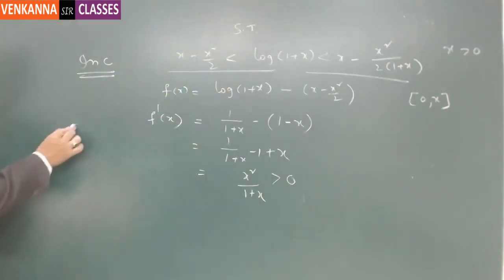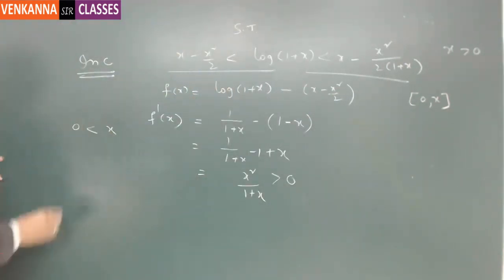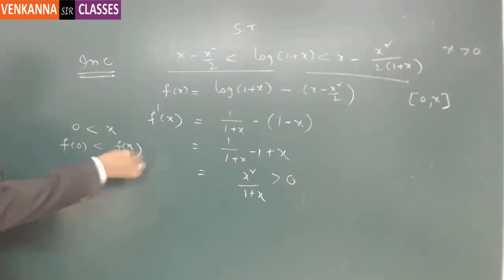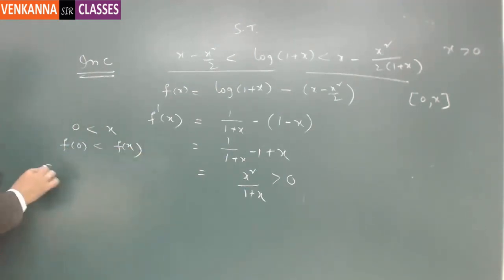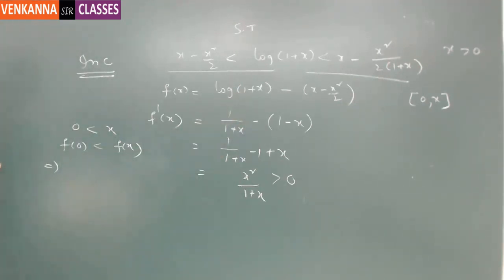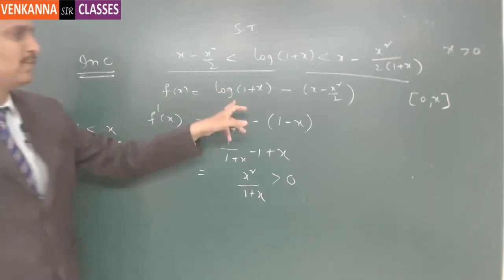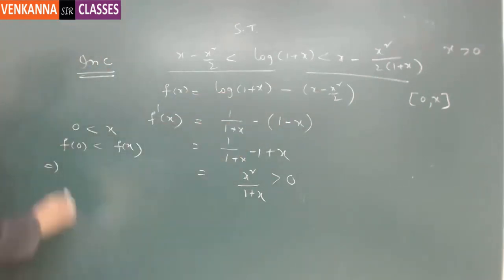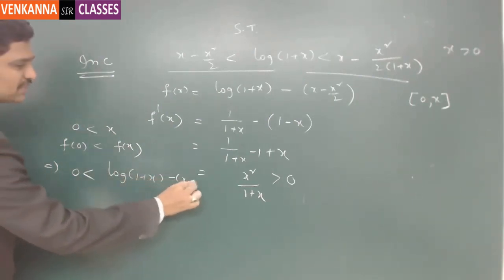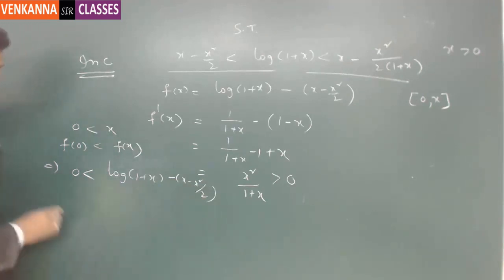So you have 0 is less than x, so f of 0 is less than f of x, strictly less than here. If you substitute 0 here, f of 0, log 1, will be 0. So 0 is less than log of 1 plus x minus of x minus x square by 2. So this gives, taking this to the left,